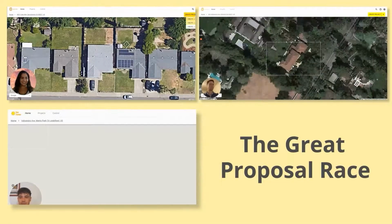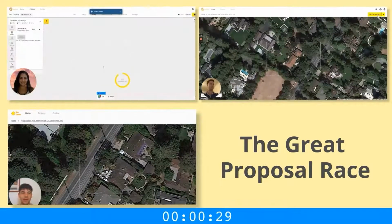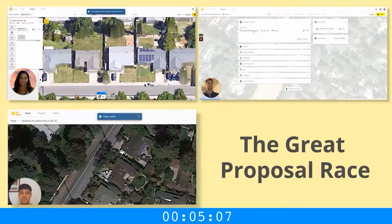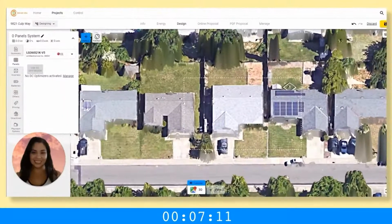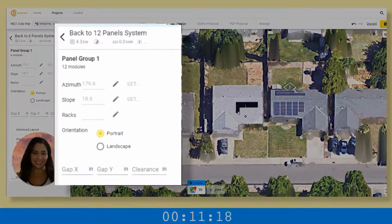And away they go. All right, we've got Eli Omni, Chris, and Isidro all getting started on their designs by entering their addresses and centering their homes in the design tool. Eli Omni is loading OpenSolar 3D, which allows us to get accurate and automatic calculations for the azimuth, slope, and